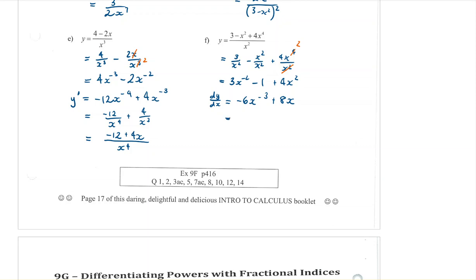I can rewrite that so that I have positive powers. That means the x cubed would come to the bottom. And then I could get a common denominator, which means the x cubed would have to go over everything. I have a minus 6 already from that first fraction. The second one I would have to times by x cubed, which would be 8x to the power of